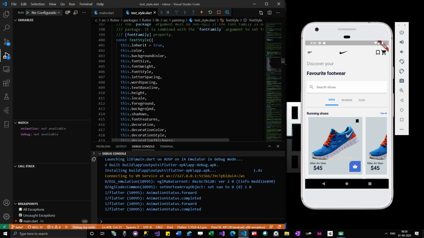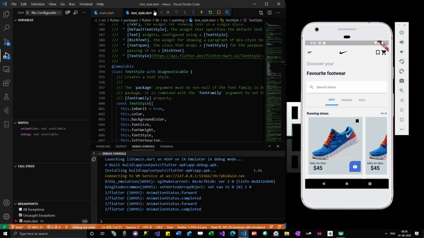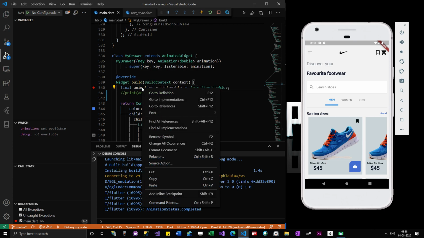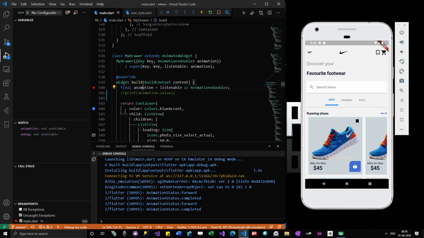Okay, and then not only this, if I want to know what is the value inside this, I can just go here. There is no option to add to watch. So what I can do is I can just click here, click on add, and then add something like this.